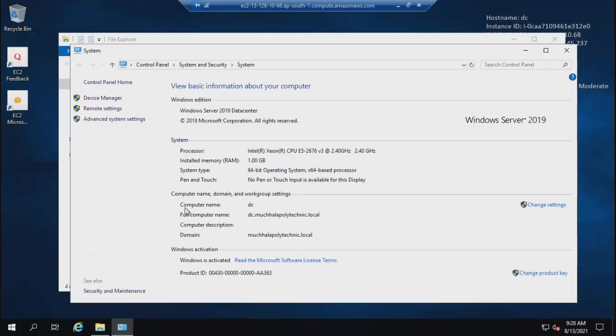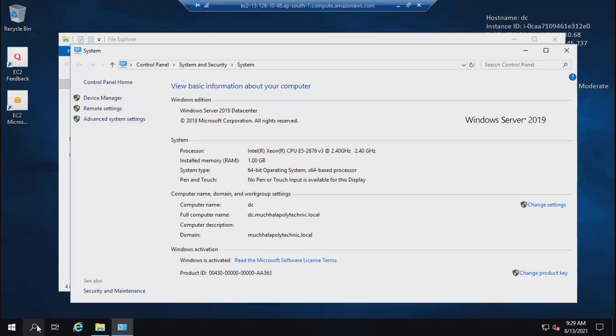You see the computer name DC that we had set, and now you can see domain. Okay. So this could have been .com, .in. This is a full computer name, DC Muchela Polytechnic .local.